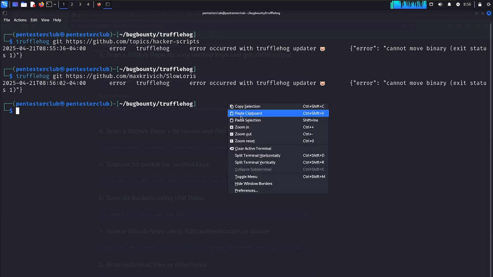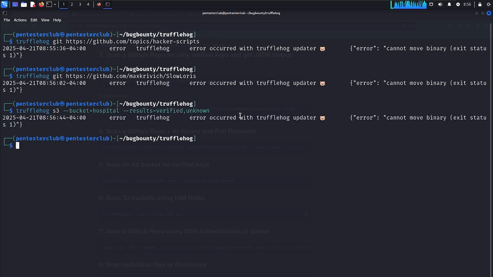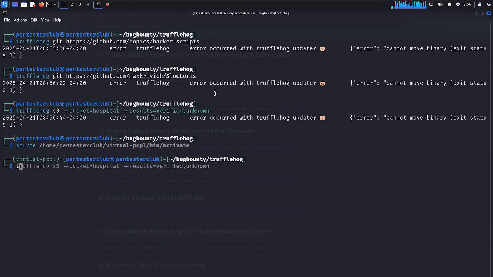For AWS enumeration, we just try here as bucket name, like hospital. We would like to try here as unknown. So let's see, an error has occurred. So I would like to activate this. So just type here as